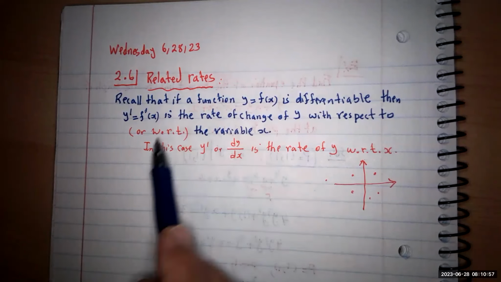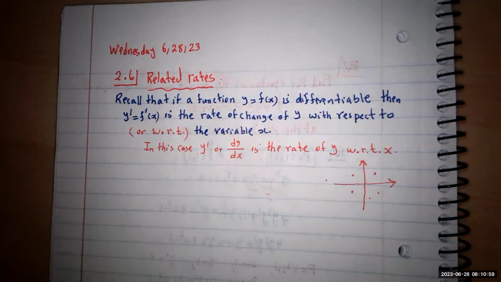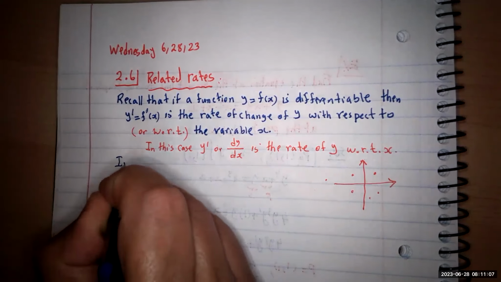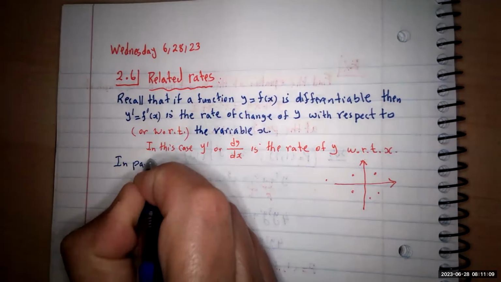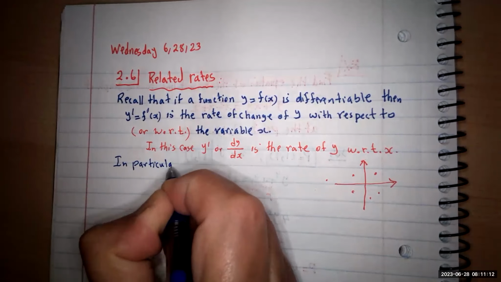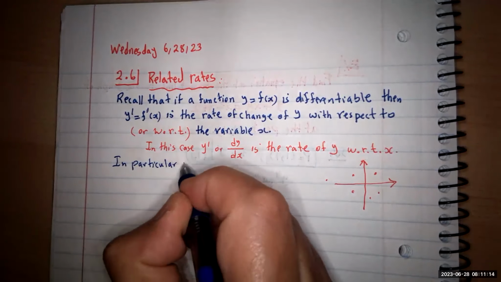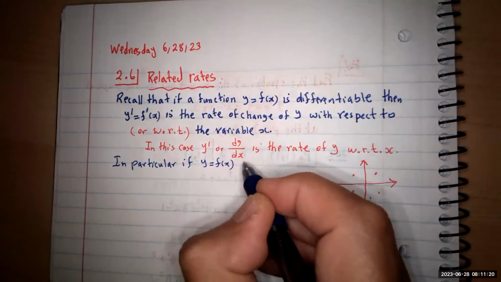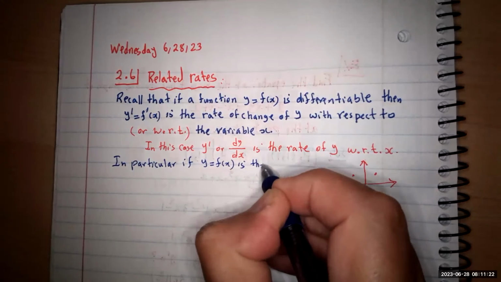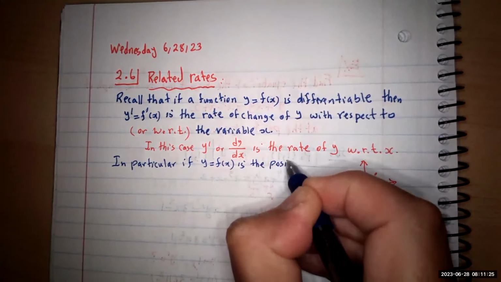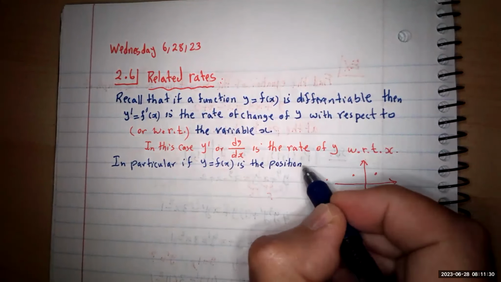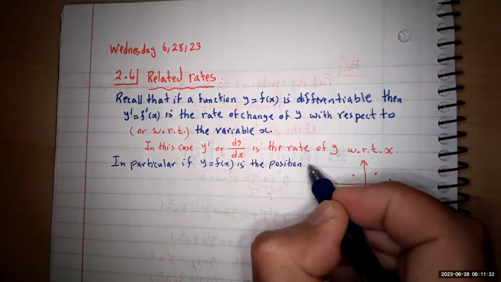Again, we identify that for a moving object, this is going to be velocity. Sometimes we call it rate. So let's check that one, and then we continue. It would be interesting to remind you that in physics, the rate of change would be the velocity. In particular, if y equals f of x is the position, the one that we did before and you did on your test, the position of a moving object,